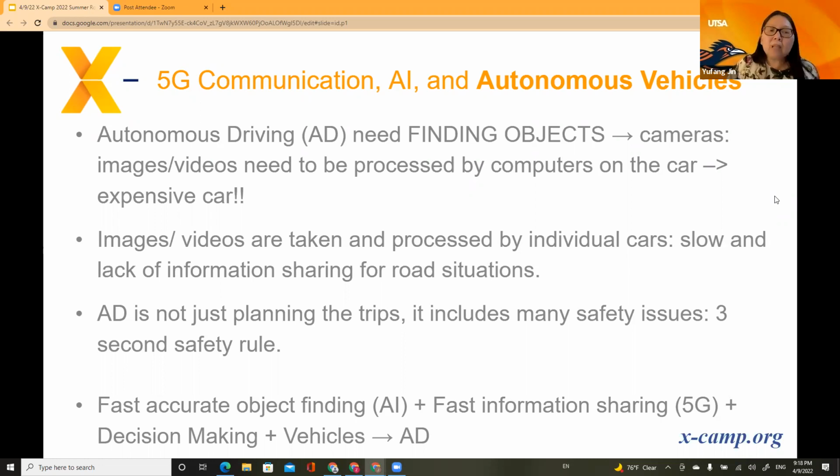And it's very hard, because for each vehicle, if you want safety while you drive, you have to follow the 3-second rule, which means when you look at the car in front of you, there should be 3 seconds when you count from your current position to the position of the car in front of you. Why do we need this 3-second safety rule? The reason is that within the 3 seconds, you need to make a decision. You need to move your foot from the gas pedal to the brake.